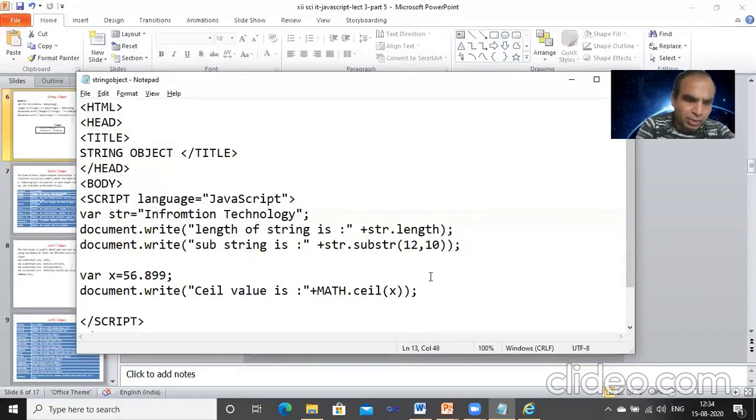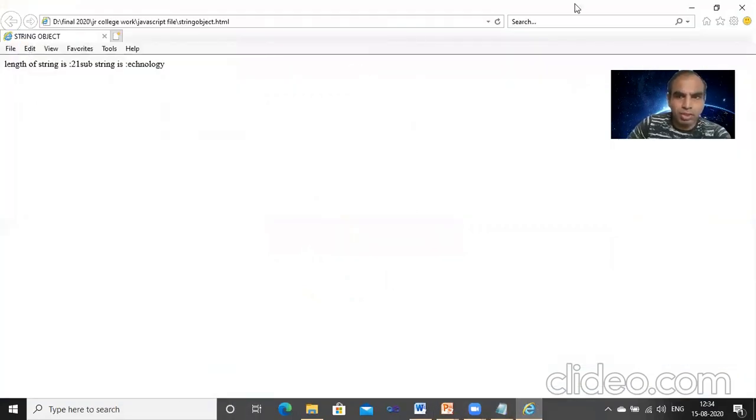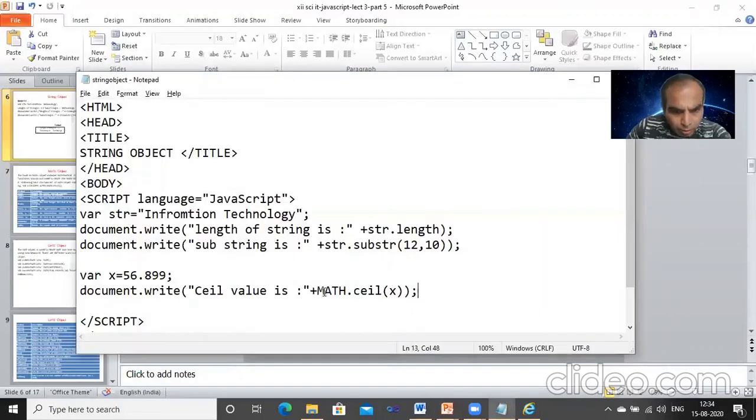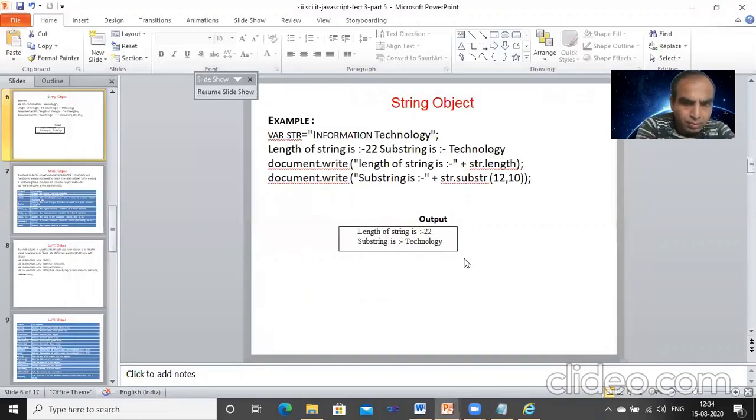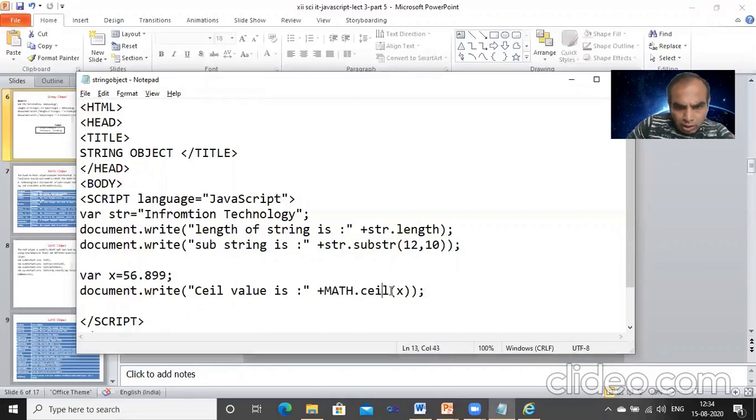Okay, file save, refresh. Not shown, that means some mistake is there. Plus ceil value, no?